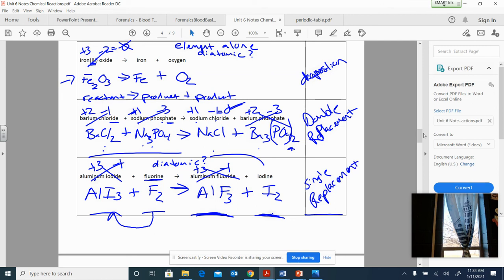Okay, there we go. So really, mostly what we just did, the only thing new that you had to learn today was which ones are diatomic, which ones need those little 2s. The rest of the naming stuff was ionic naming that we already did before break. It's just having to remember it back. Okay,